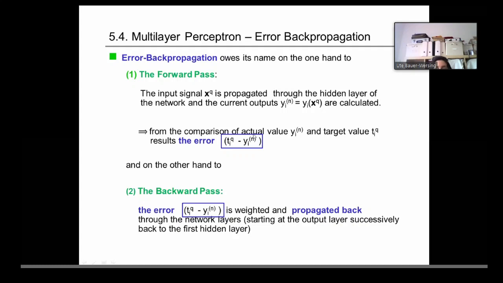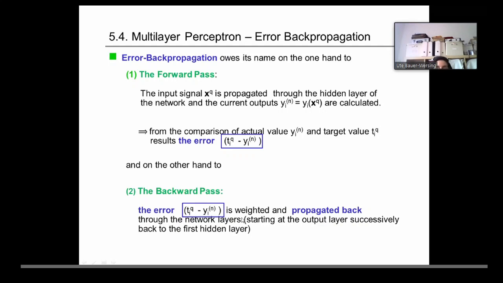Okay, this is the supervision part, when you remember what's the difference between supervised and unsupervised learning. And that's what we get here. So we have the supervision, and then we propagate this error back through the network,